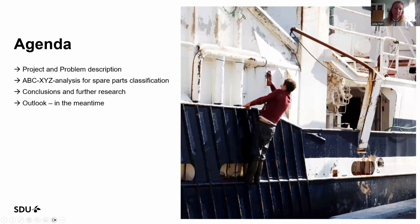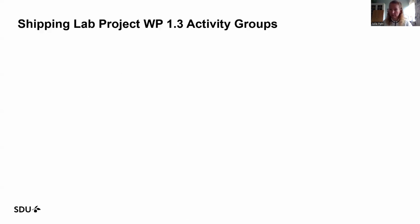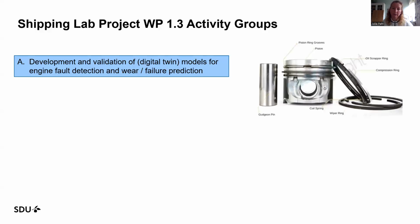Let's look into the agenda. It should be a short talk, so I will shortly sketch the project and problem description. Then I will talk about the results that we achieved for spare parts classification, and then look into conclusions and further research. So this work is part of a project that is called ShippingLab,